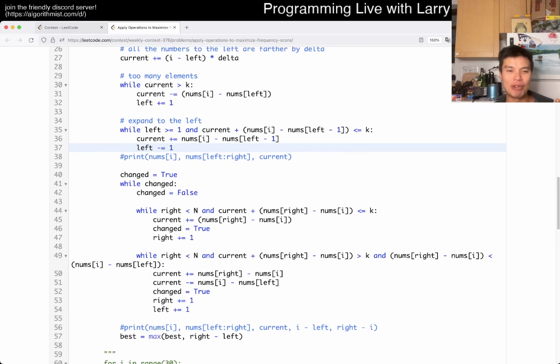But basically, while we can expand to the right, we expand to the right, straightforward. If we can add the number to the right with I as the current median, then we just add it. And this one is if expanding to the next number is optimal because